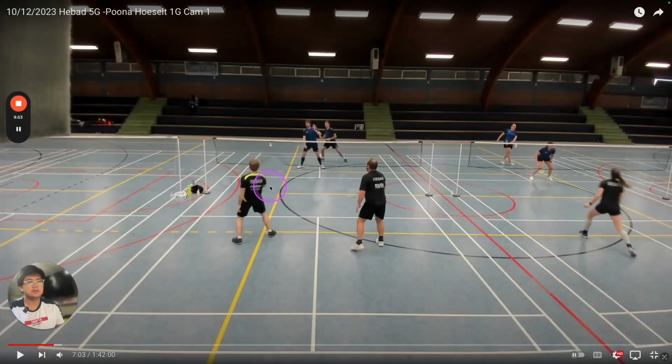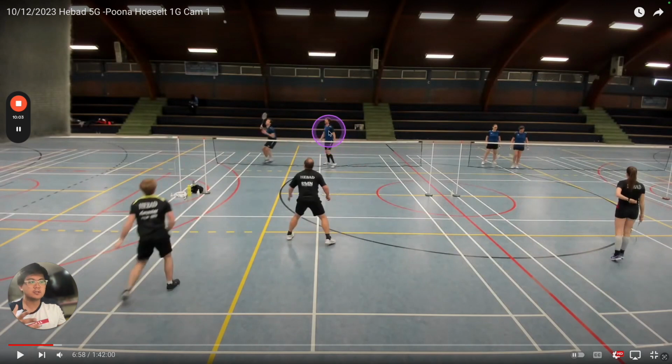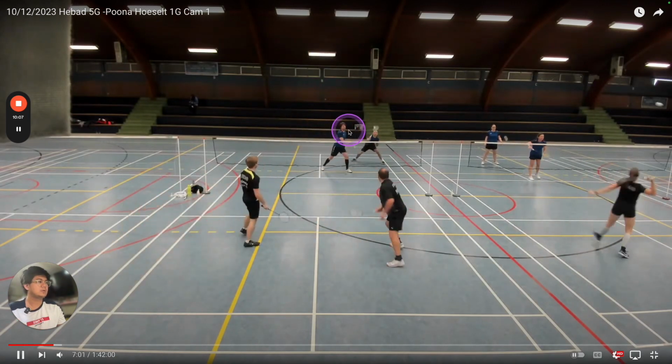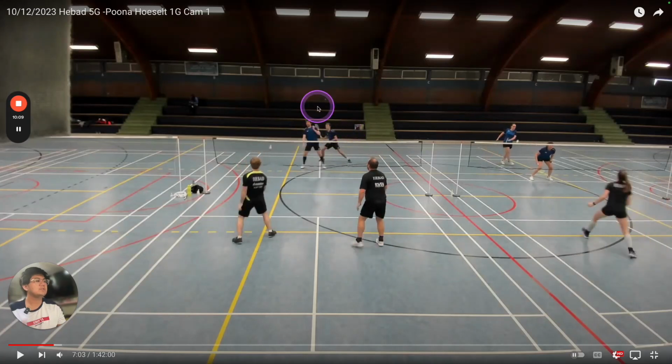Alright, so this drive here is very casual. There's no explosiveness in your finger power right there, which is why it not only looks so casual, but it also was just a very casual drive in general, right? And you also have to think of your intention, right? Why are you playing this shot? If you want to play it into this back gap here, then you need to hit it with some pace, right? Because you also have to worry about quality as well.